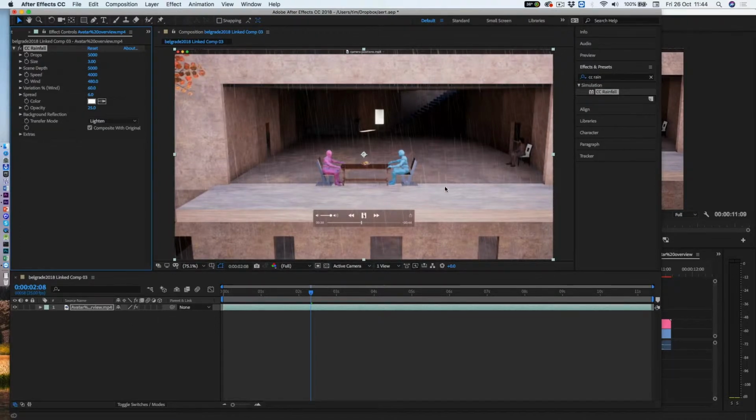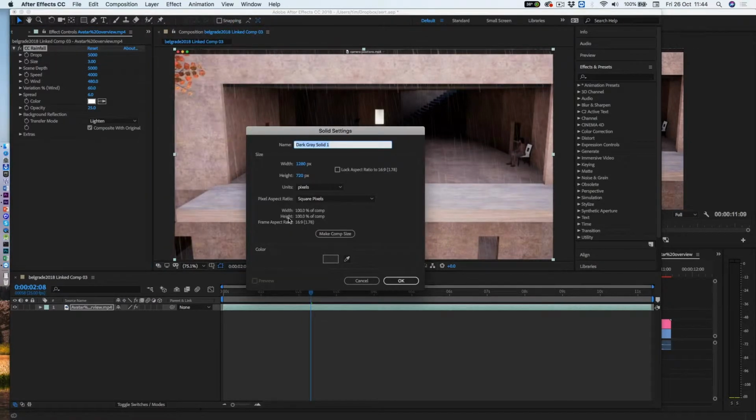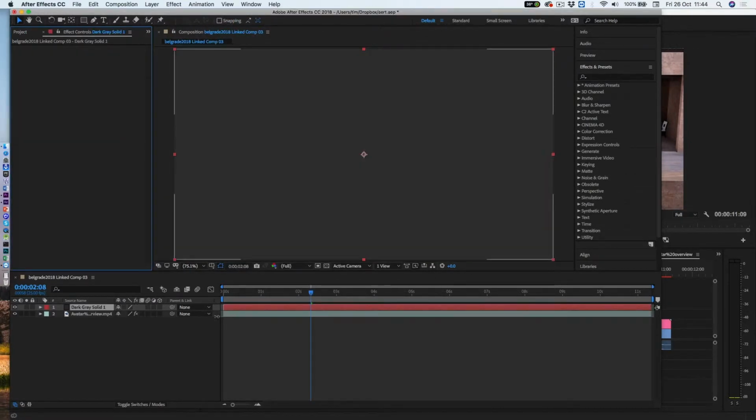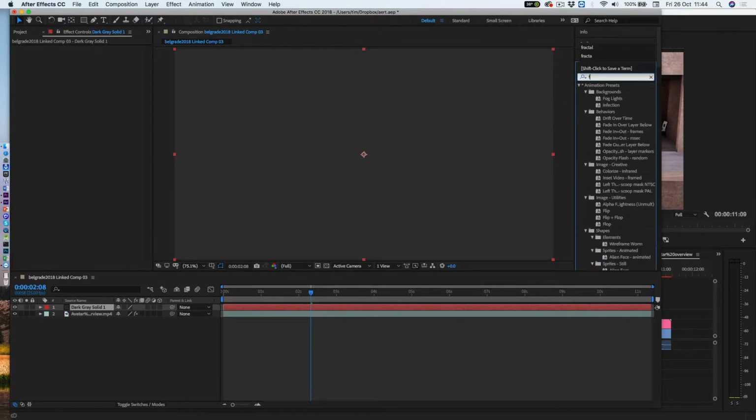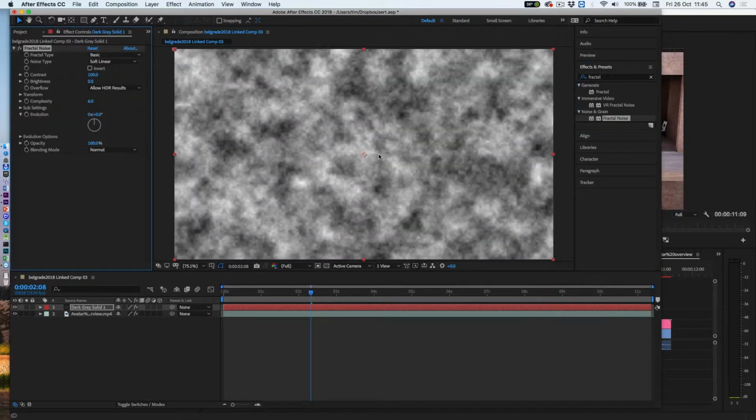And then just to show you something else in After Effects, let's say what we want to do is add a bit of fog. So what I'm going to do is create a new layer. Solid layer, it doesn't really matter what color it is. At the moment that's the same principle as Premiere, it goes on top, so that's the one that's most visible. Now at the moment that's not really that useful. What I want to do is to drop some noise, some fractal noise onto this. Choose fractal noise, drag it onto the solid layer, and again we still can't see much, but one of the